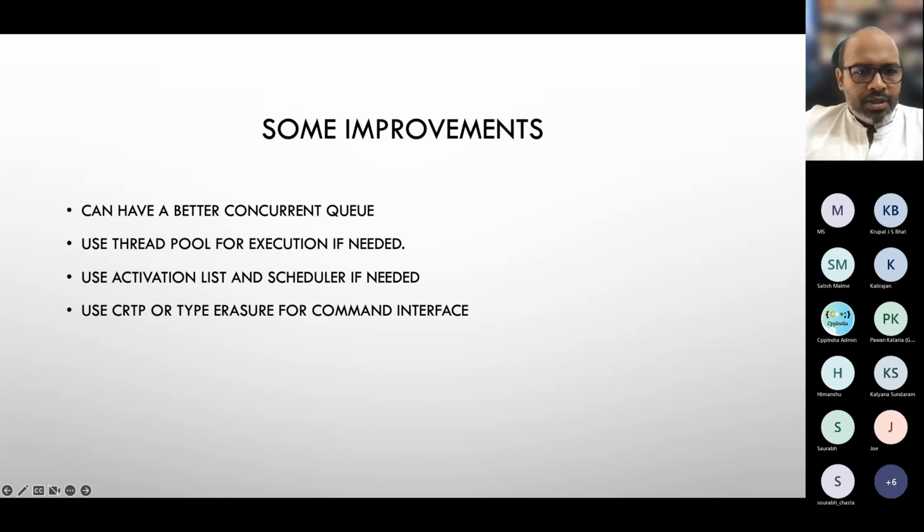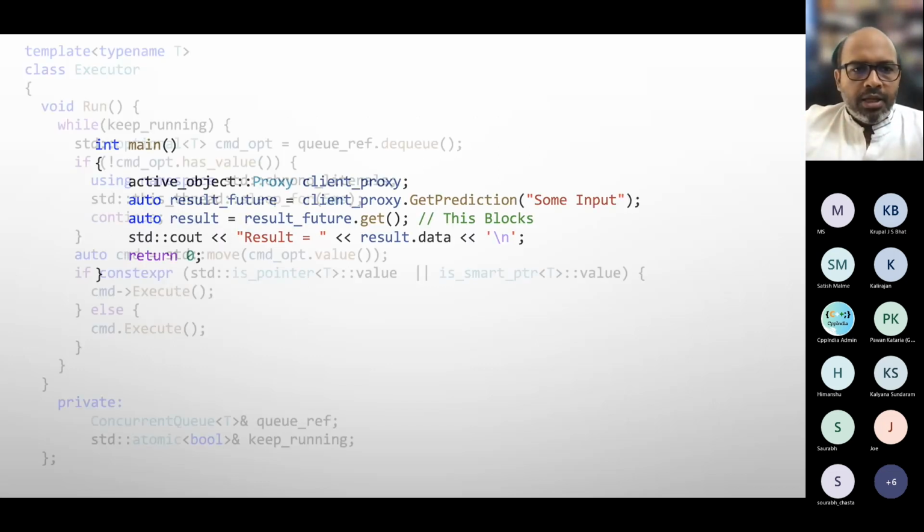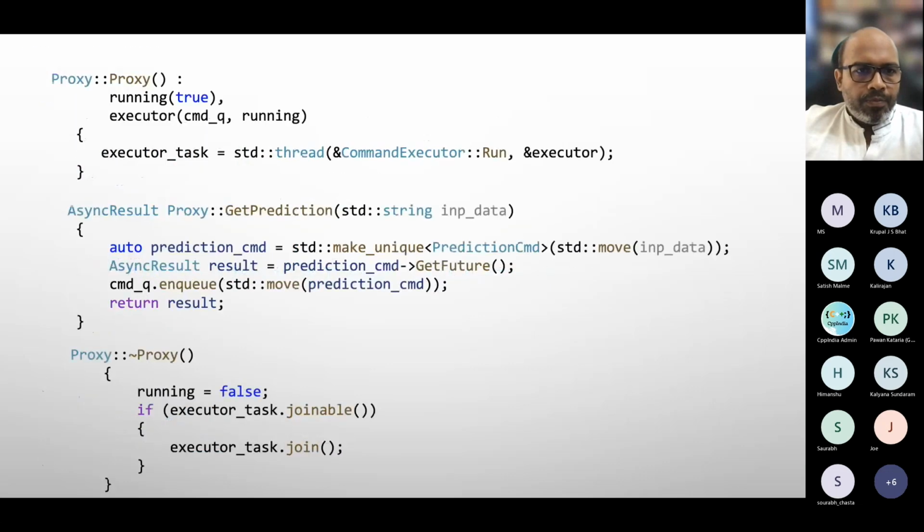The third is, of course, I have eliminated the activation list and scheduler by using a concurrent queue because in this system we just need FIFO, and FIFO works well for us. But if your system is a bit more complex, where certain commands have higher priority, for example, and if they get added, then you need to have an activation list and a queue. And in that case, typically your